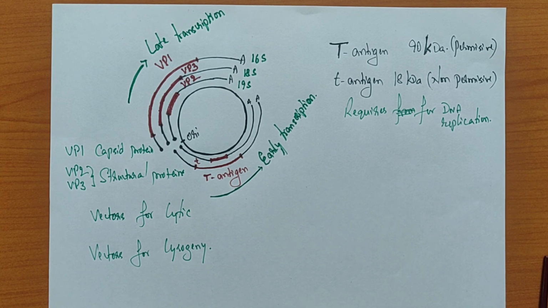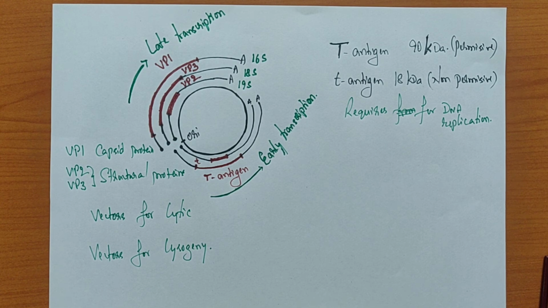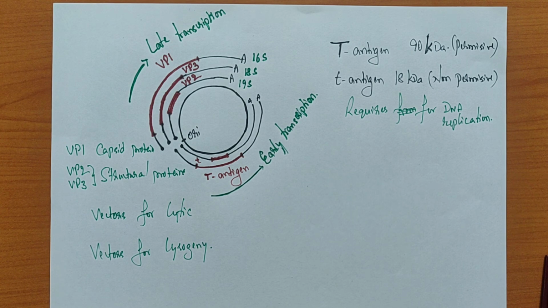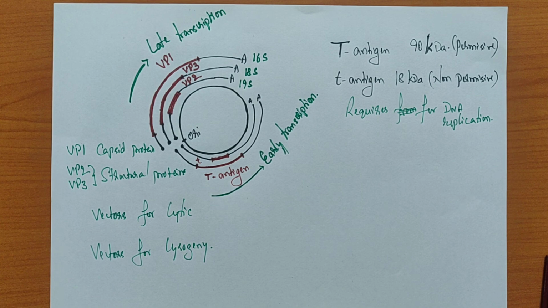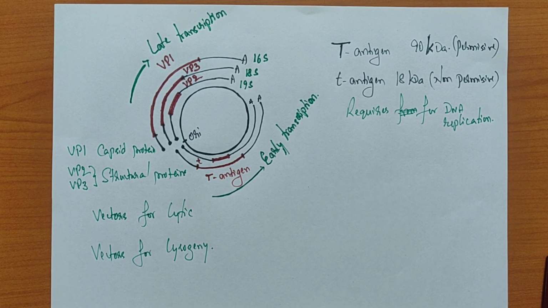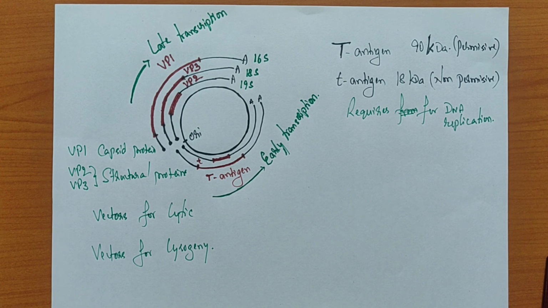We do have vectors for prokaryotes, and we do have vectors for eukaryotes. In eukaryotes, we have vectors for yeast, vectors for plants, and vectors for animals. But all these vectors are created from one versatile vector, which is pBR322. We have discussed how pBR322 has been designed and how vital it is. Then the clonal selections make it possible for all those DNA segments to be incorporated into pBR322, and we design all kinds of vectors.